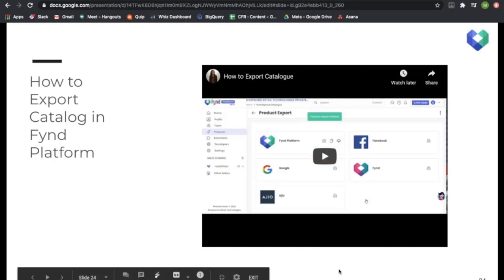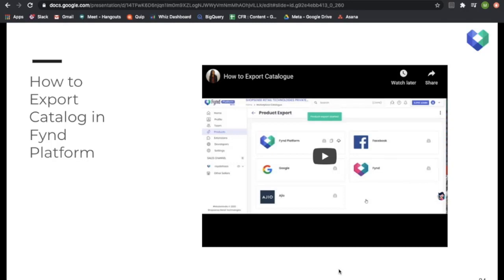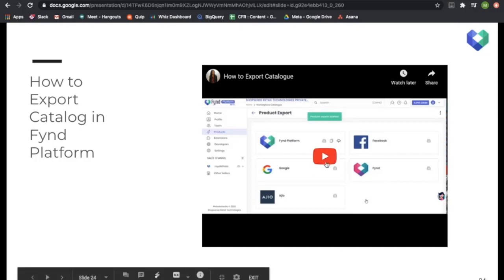Right now we have covered module 1, which had how to create a company, a selling location, and how to add your brands. In module 2, we covered how to upload your catalog, either single through the UI flow or in bulk, and again with inventory: how to create a single inventory and how to upload it in bulk, and how to upload the images in bulk. Now, how do you download the existing data that you already have in Find Platform? This is how you will export the catalog in Find Platform.